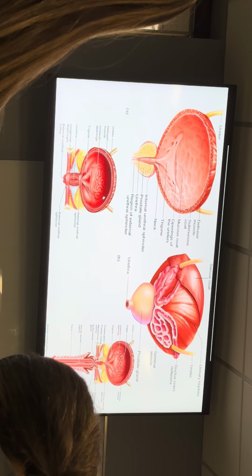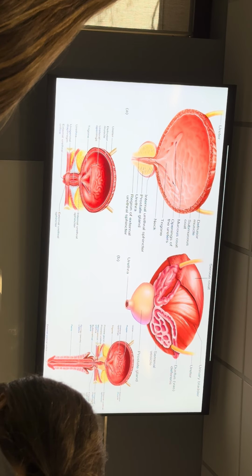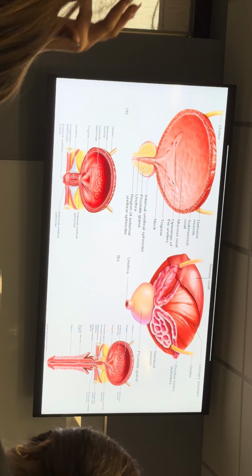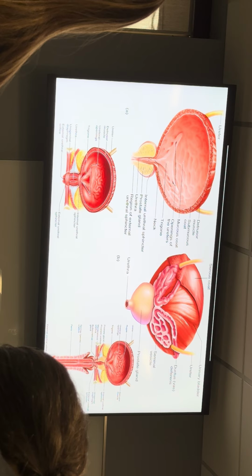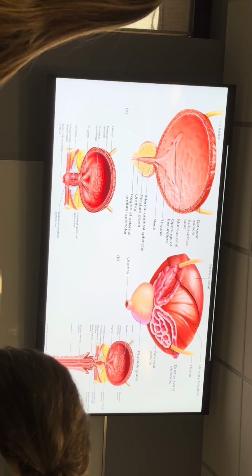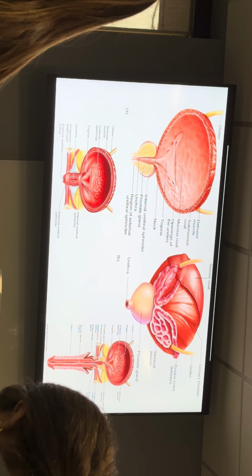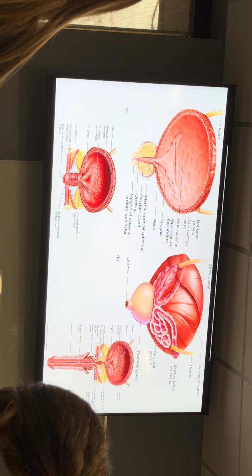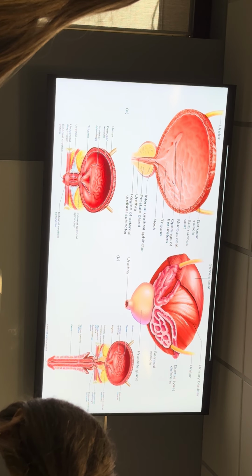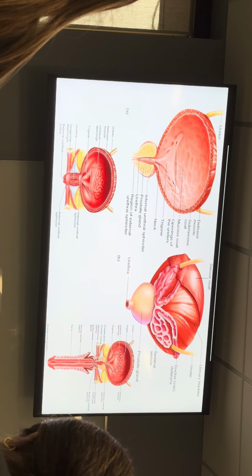Male and female bladders are the exact same and can hold the exact same amount of urine, except that what women have sitting on top of their bladder is their uterus. So even in a non-pregnant woman, your uterus is almost always still resting on top of your bladder. I did just see recently a woman who had a uterus that went backwards. It's rare, but it happens, but usually it goes forward and sits on top of your bladder. So bladder in general, between male and female, is the exact same.